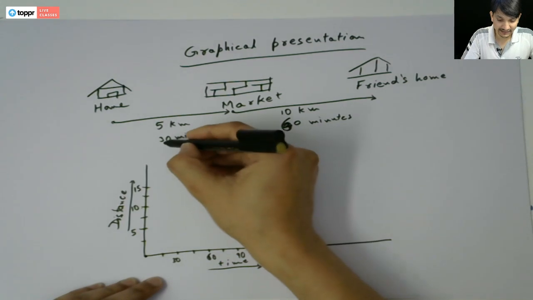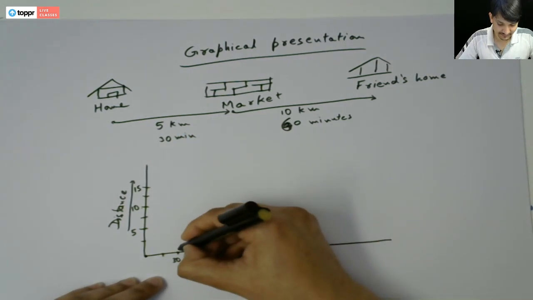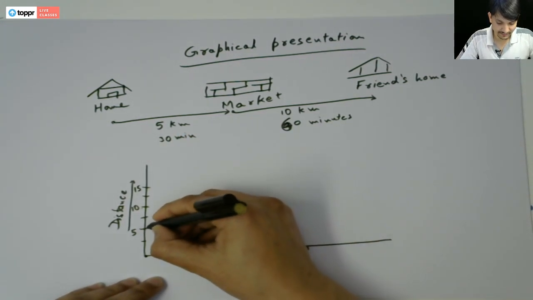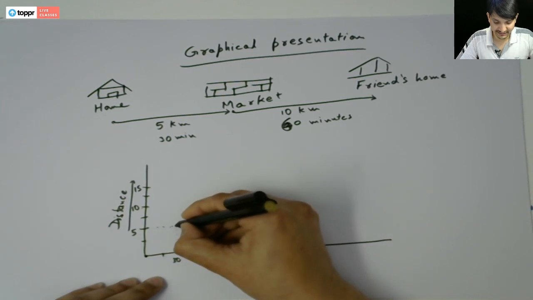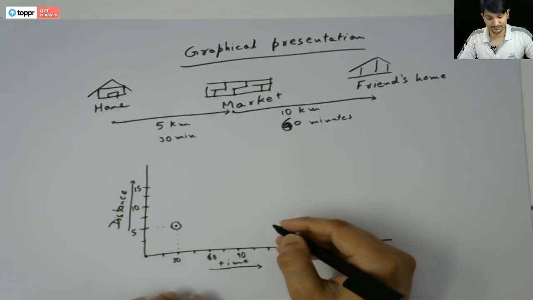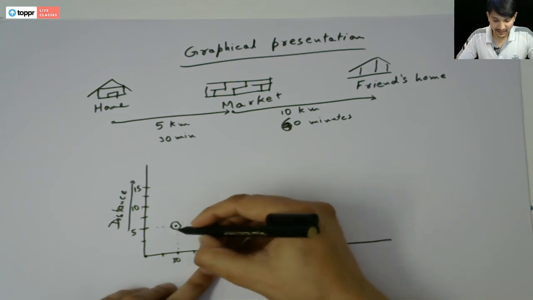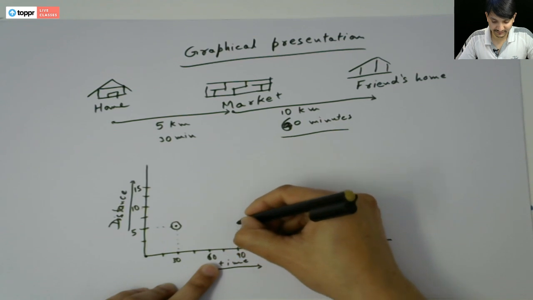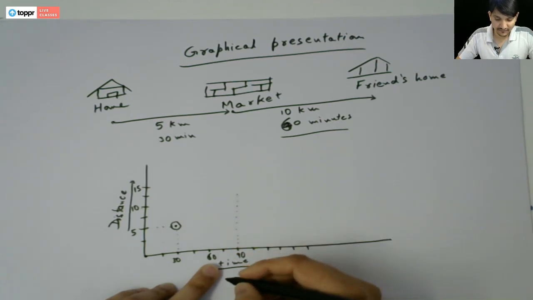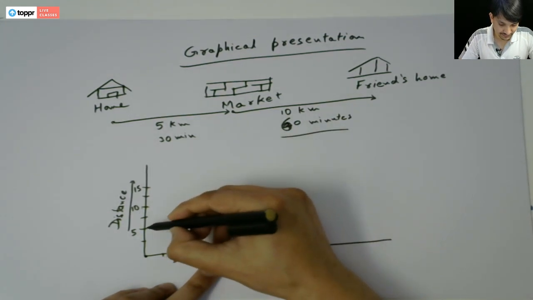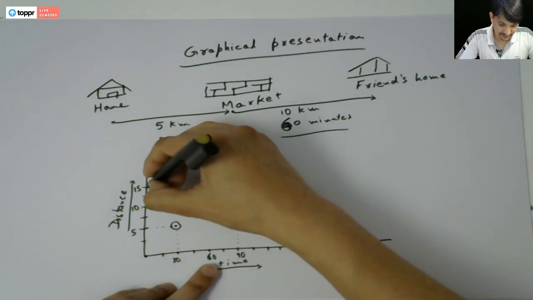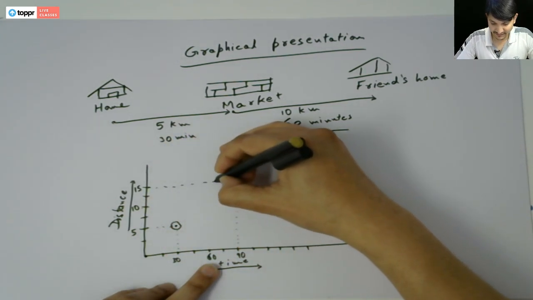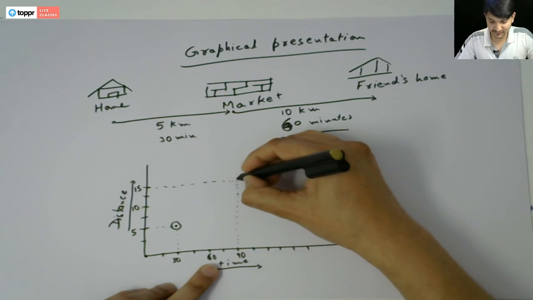So at the 30th minute, I'm at my friend's home, that is 5 kilometers from my home. Then after 60 minutes of that, I covered a further 10 kilometers. So 5 kilometers to 10, 15. I have covered a total of